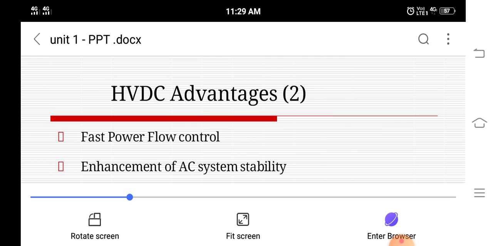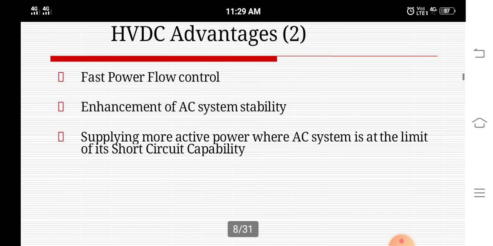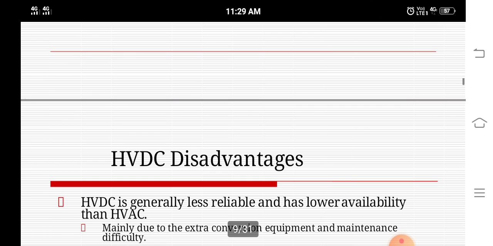Some more advantages are there: fast power flow control, enhancement of AC system stability, supplying more active power where the AC system is at the limit of its short circuit capability. Similarly, it has some disadvantages. Those disadvantages are